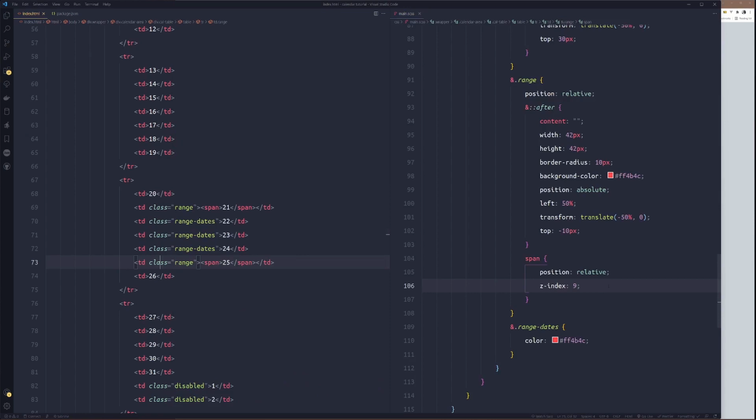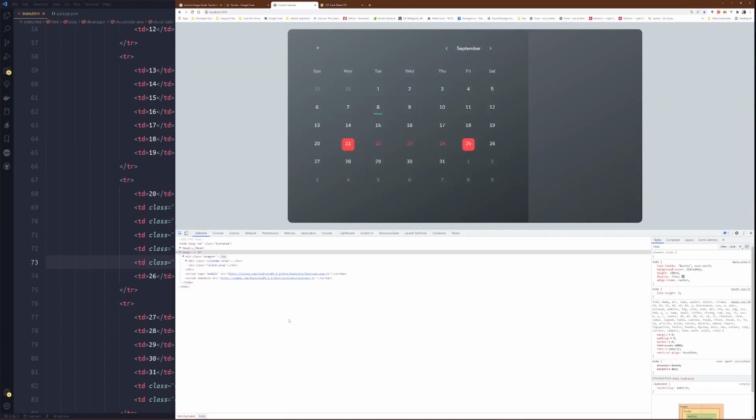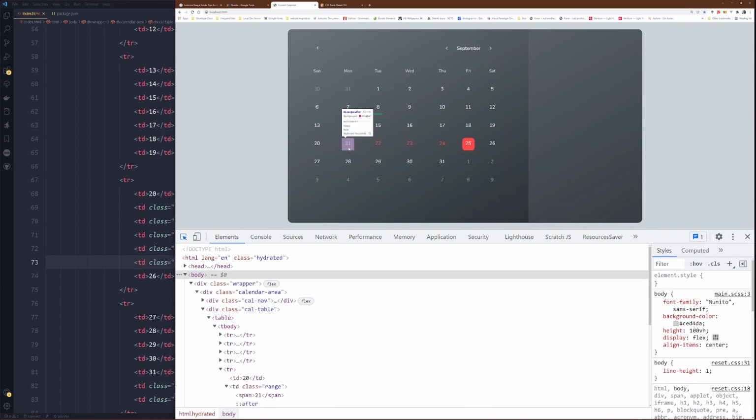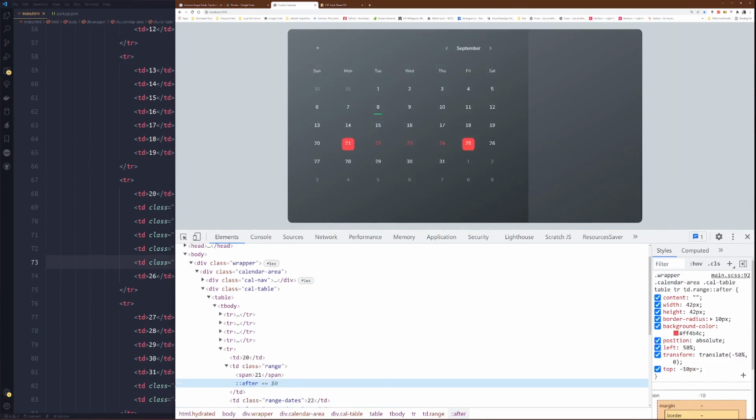Okay. I think I like them this way. But this is not the center the way I would like to center. After, 14 pixels.